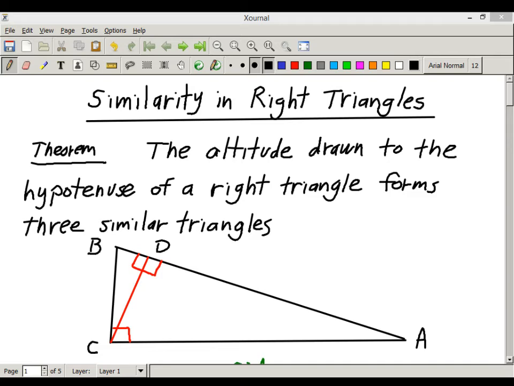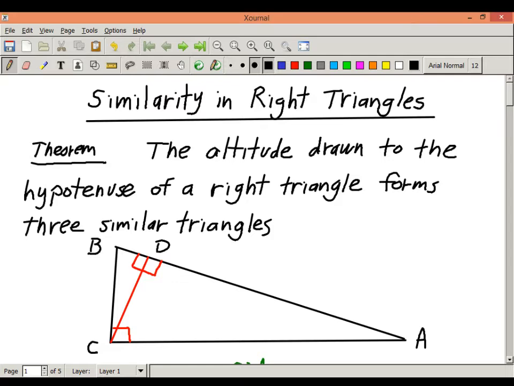Alrighty, welcome back in, everybody, to a brand new chapter dealing extensively with right triangles. Really important chapter, especially for those who want to move on to pre-calculus. The topic today is similarity in right triangles. This is going to get a little bit difficult, but I'll try to walk you through it and see if